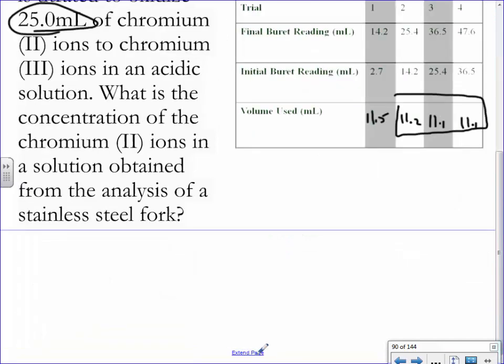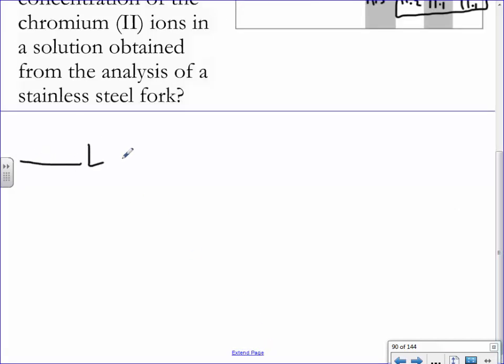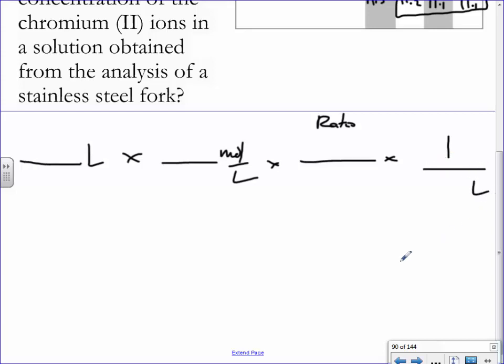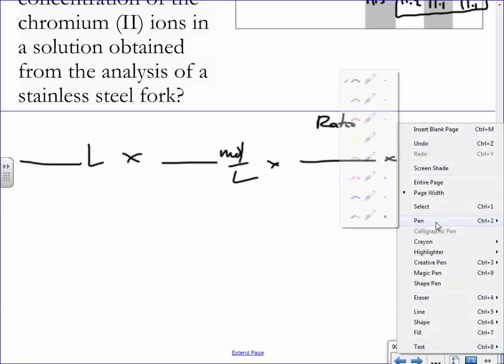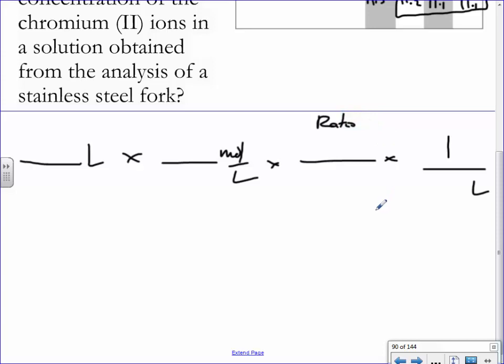If I can kind of go down below, I'm going to set up my basic concept now. I need a volume amount multiplied by a moles per liter amount, multiplied by a ratio, and then really you're dividing by a final volume. Always the same sort of setup. And then just work backwards. What am I looking for? What's the whole goal of this whole exercise? What am I trying to calculate? The concentration of chromium. So because of that, I'm going to throw my chromium 2+ sitting right here,